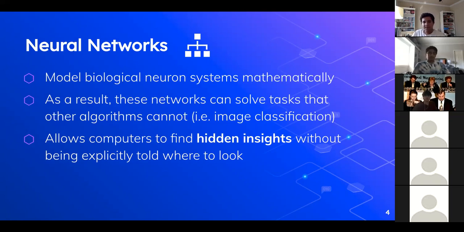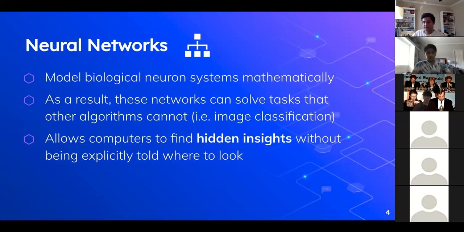As a result, these neural networks can solve tasks that other algorithms cannot, such as image classification, which we're going to explore in lesson 3 and lesson 4 on Wednesday and Thursday. And in today's lesson and tomorrow's lesson, we're going to work with regression and classification using